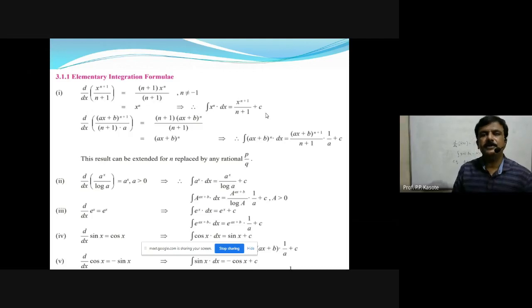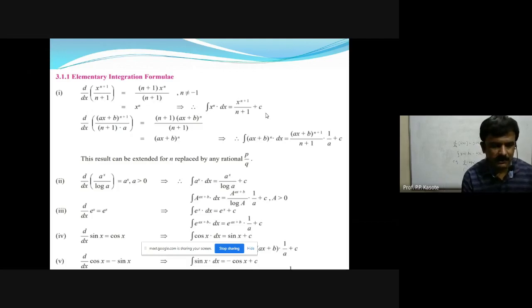The derivative of x raised to n is nx raised to n minus 1. But look at the integral. The integral of x raised to n is x raised to n plus 1 upon n plus 1 plus c. There is a slight difference in between these two, but the concept is totally different. We feel like these two are almost the same, but they are reciprocal of each other. They are related to each other, but they are not at all same. The difference between them is very tiny, but we need to remember it carefully.